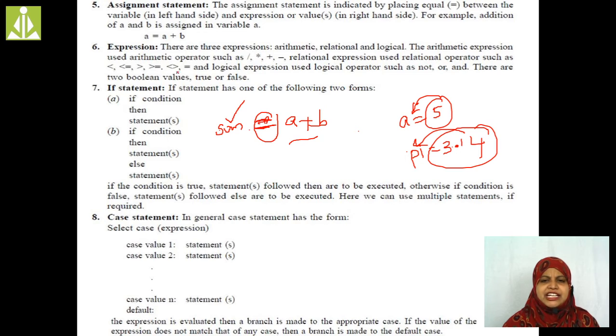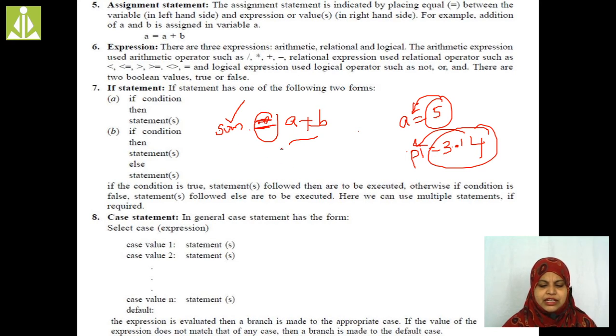Next is the expression. Expressions consist of operators and operands. What do you mean by operator? An operator is an entity which is used to perform a specific task, whereas operands are what operators are going to perform on. Expression consists of operators and operands. While we write any algorithm, if it is necessary to use an expression, then we can use the expressions directly in our algorithm, right?